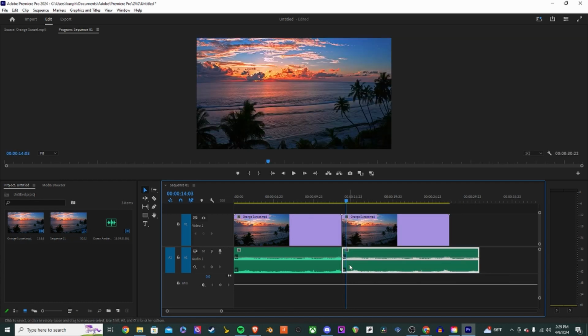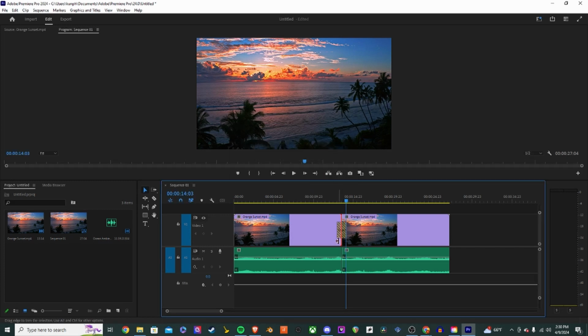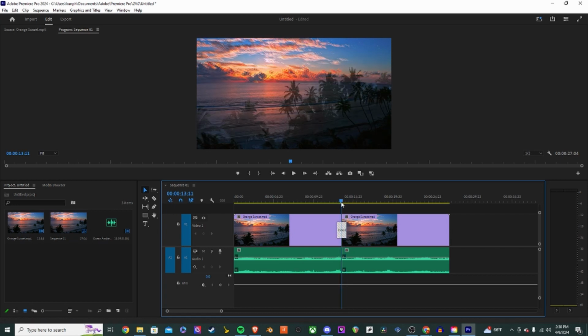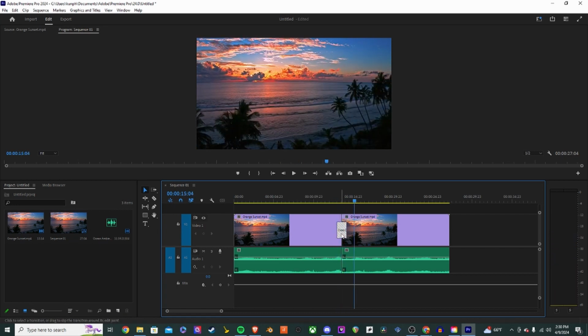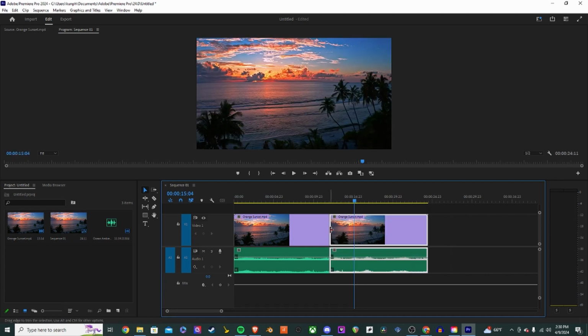And let's actually offset this a little bit because then it won't sound exactly the same. But we want to apply default transitions, saying that the transitions will contain repeated frames, because we're at the very end and beginning of the video, so there's no more material for this to refer to. So let's actually cut that short. Take these two, condense them, or cut them a little bit shorter, put them together, and now when we do this, it should have just a normal transition